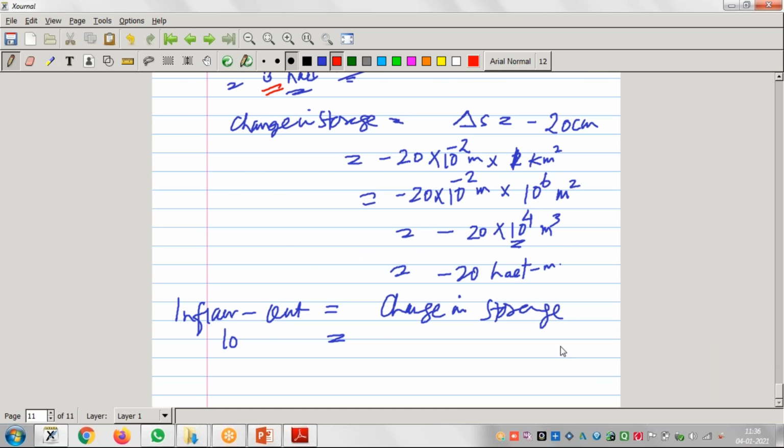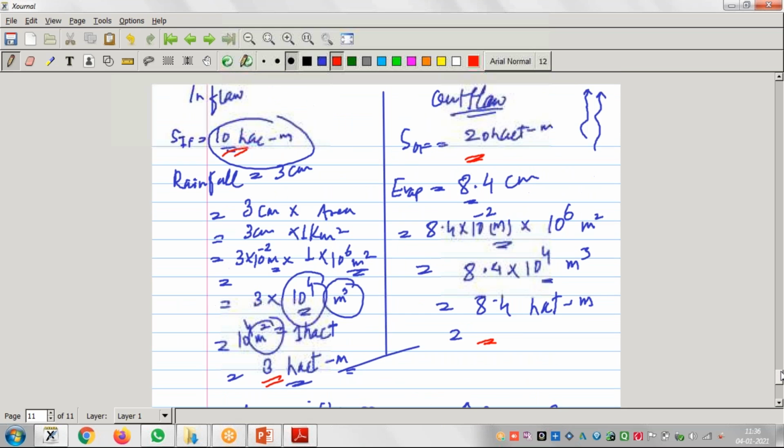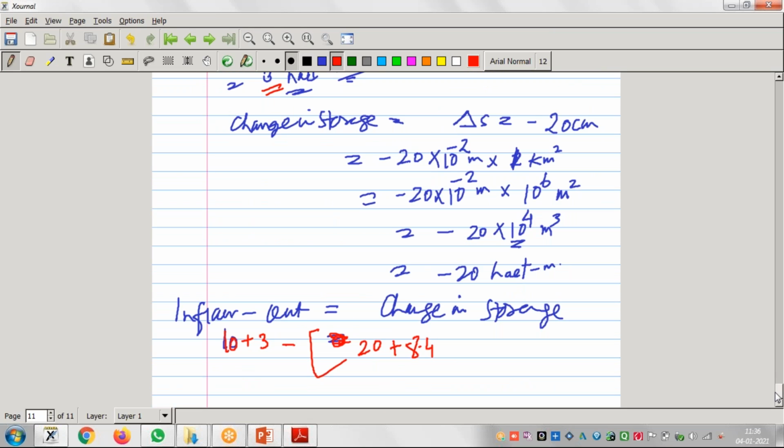So here 10 plus 3 is equal to, minus outflow, which is first 20 plus 8.4, right? Just let me check once again. Surface outflow is 20, right? Plus